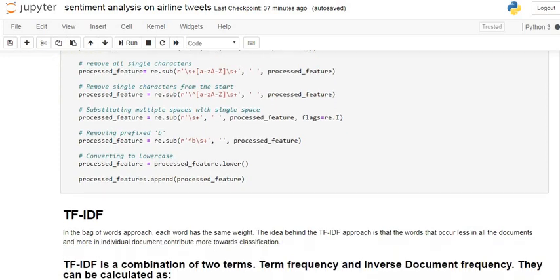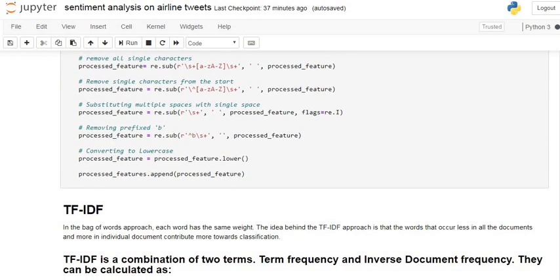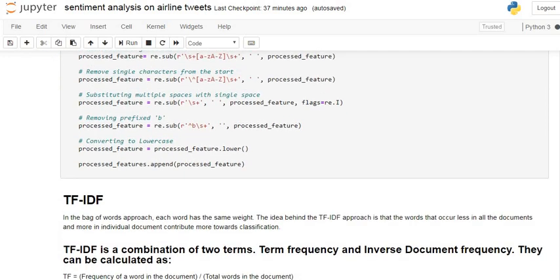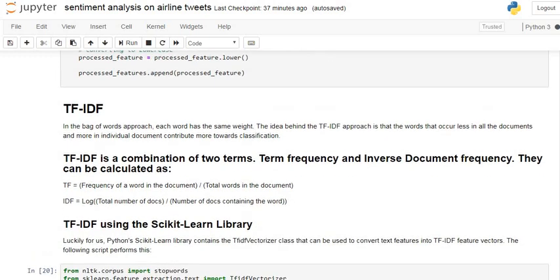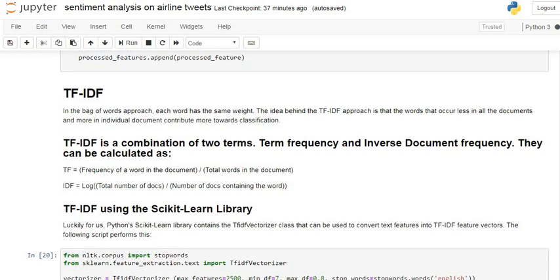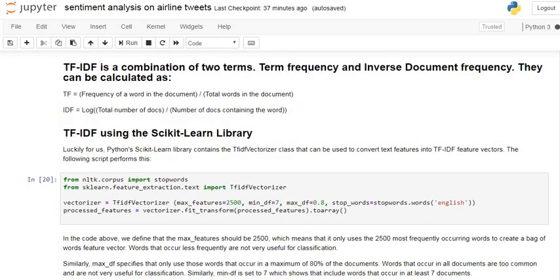After that we apply the TF-IDF method for converting text data into numeric data. This is the formula for TF-IDF. After that we import the TF-IDF vectorizer from the sklearn library, and we remove all the stop words from the textual data by applying the stop words argument in the TF-IDF vectorizer.